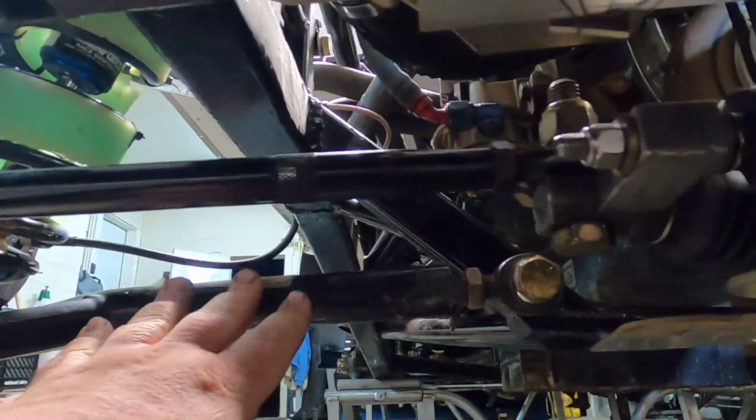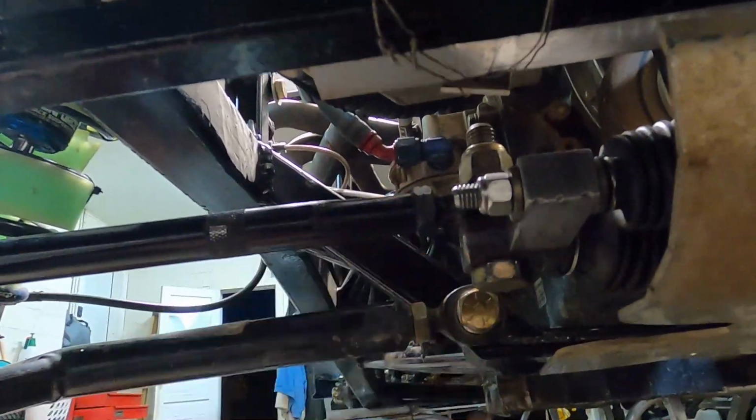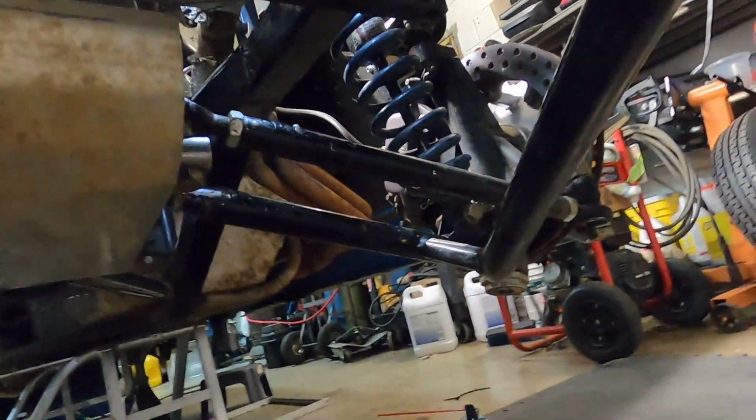It's looking good. The rack's all in. Rods are looking nice. We try to get them level with the lower control arm when we're installing them. Helps with our bump steer. Same on that side. Once it's back on the ground, we'll set the toe. But other than that,